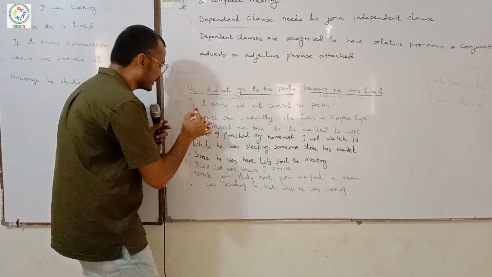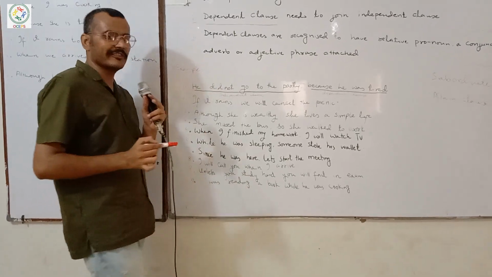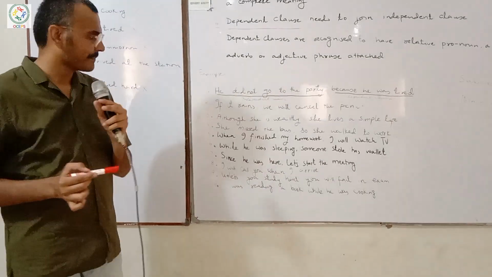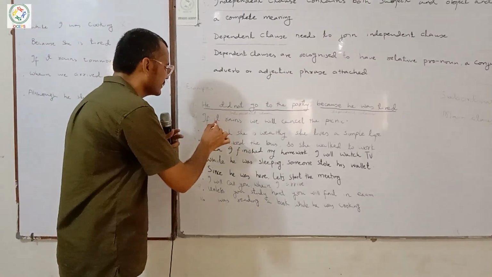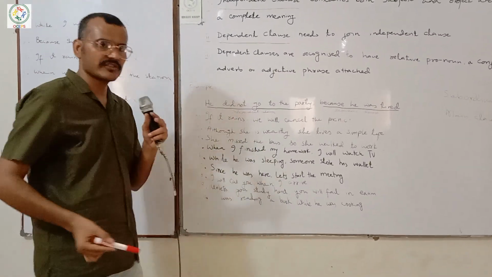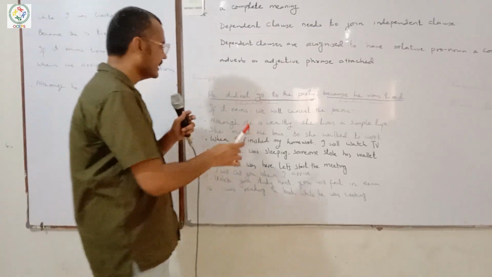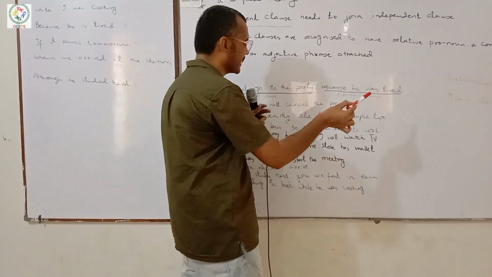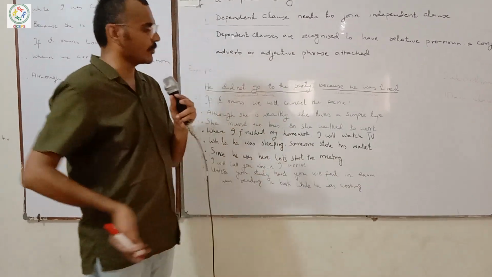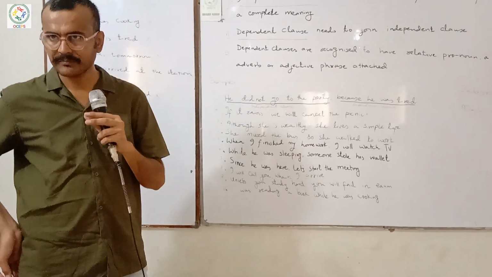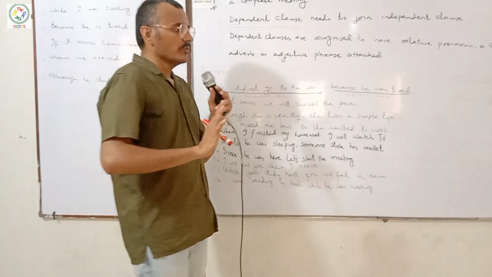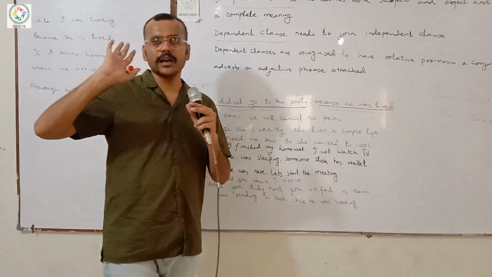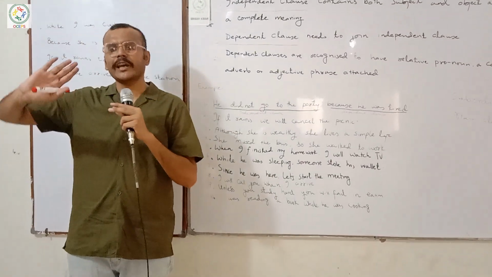If you can see that in the start we have if, and if is a conjunction, and it rains, it is a subject and rains is just a verb, okay. And then we will cancel the picnic: subject, helping verb and object. So do you understand? So this is quite unlikely to have just